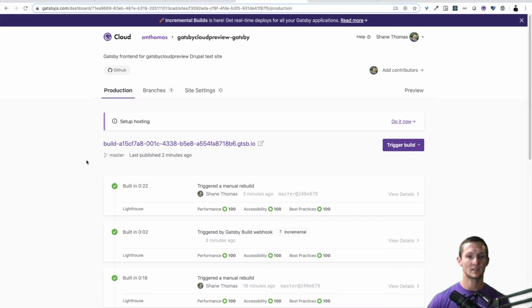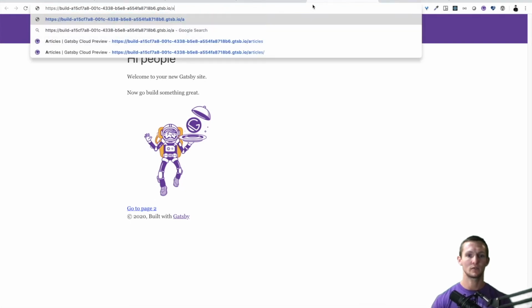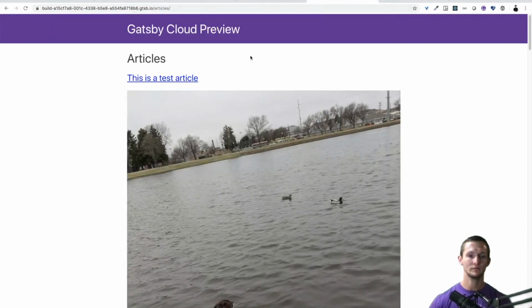So all I did is added this Gatsby site to GitHub, I added it to Gatsby Cloud, I grabbed the webhook URL, and if you look here at this simple test site, it's the same thing. So you can see these are the two same sites. The one on the left is my preview, and the one over here is you can consider this my live